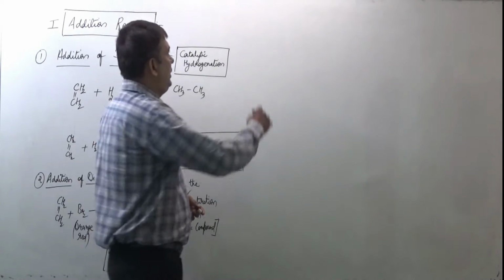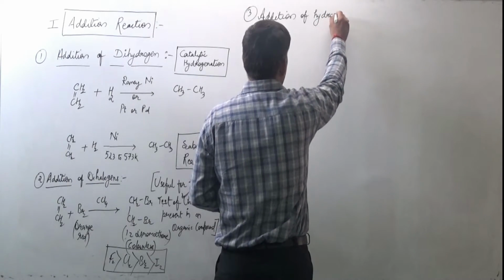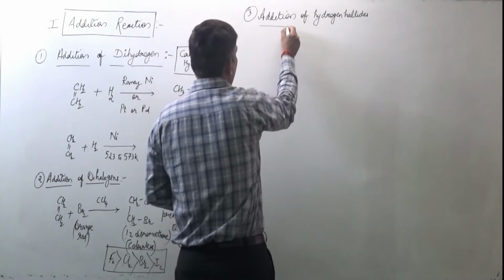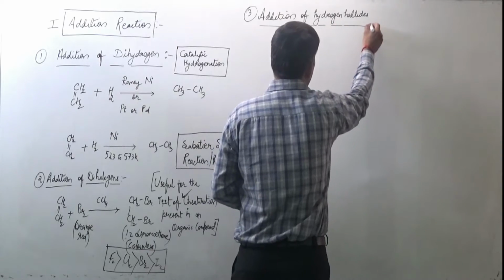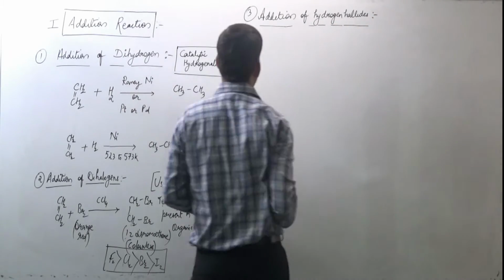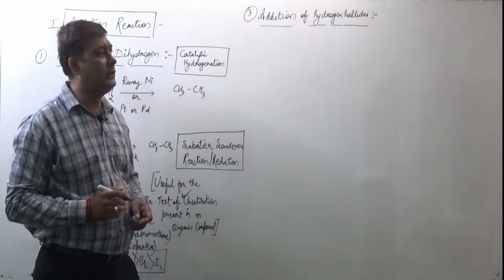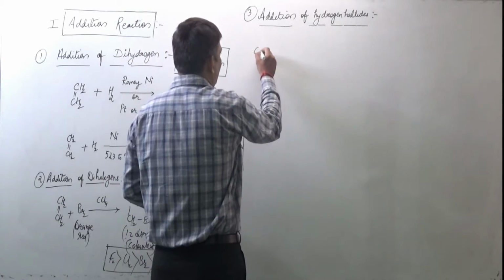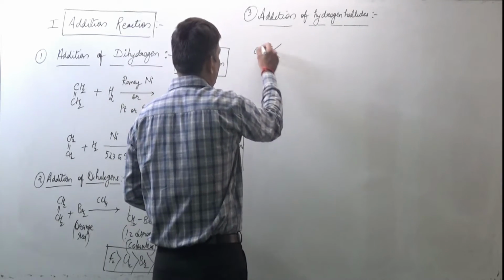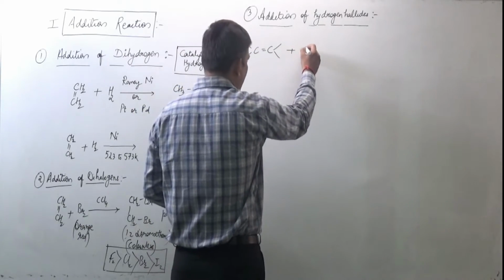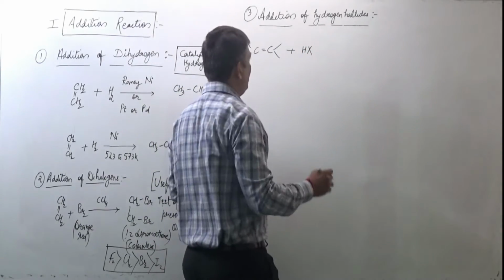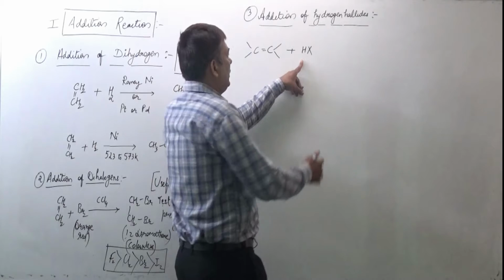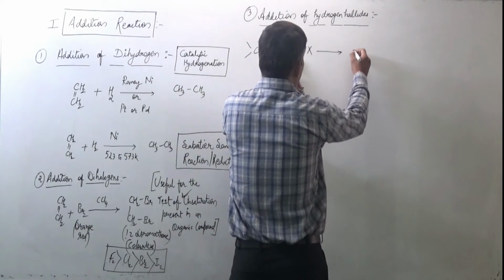Another kind of reaction is hydrogen halides. This also proceeds by electrophilic addition reaction. In this reaction, alkenes react with hydrogen halide. C double bond C, let us say one alkene reacts with HX. So the pi bond, in the presence of electrophile H positive, undergoes electrophilic addition reaction